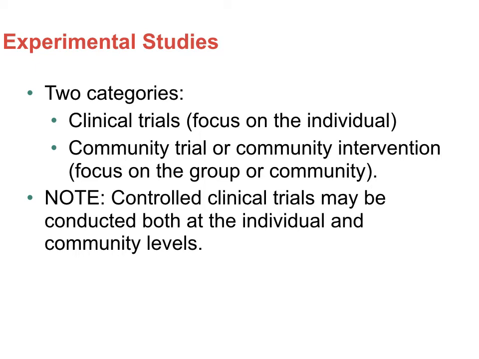And so it's important to note that control trials may be conducted at both the individual and community level. For example, a trial might focus on individuals, but among people in a very specific community. So it's a community trial that's actually looking at individuals, which might sound a little confusing, but think about Ebola, where they wanted to look at specific communities because they were actually impacted by Ebola. So they wouldn't enroll people in that study at that particular time who were in the United States.